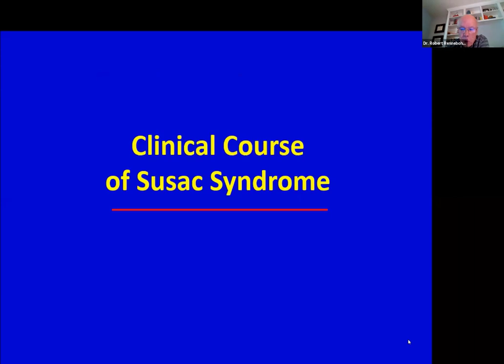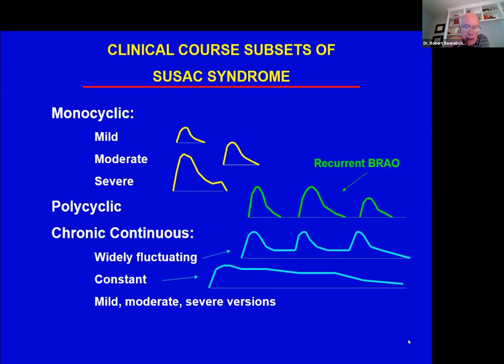What about the clinical course of Susac syndrome? Some patients follow a monocyclic course, particularly regarding their brain involvement. And by this, I mean the immune system makes the Susac mistake only once and eventually corrects that mistake, never to make it again. The intensity of the mistake making in the brain, for example, may be mild, moderate, or severe,